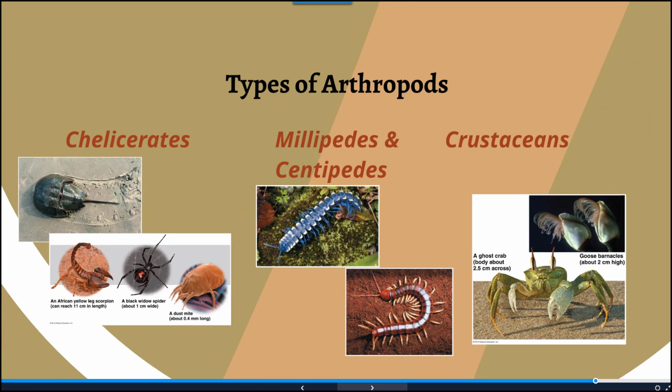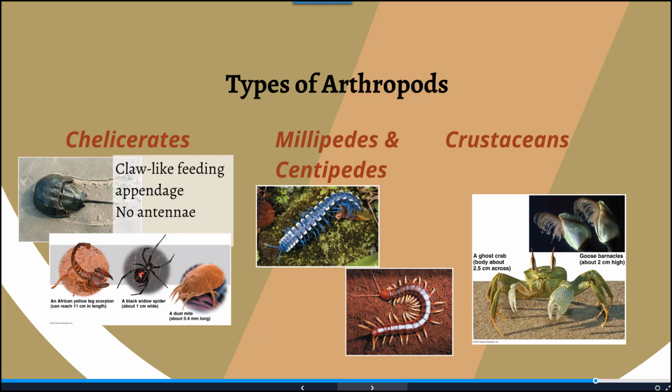Just to give you an idea of the types of arthropods, we have chelicerates, which are going to be spiders and mites and things like that we're familiar with on land, but also horseshoe crabs belong to this group of chelicerates. Secondarily, we have millipedes and centipedes, and I should mention, a large number of arthropods have colonized land. But we do find quite a few of these varietals within the ocean as well. So there are marine millipedes and centipedes as well. And then crustaceans, which are going to be things like barnacles and crabs.